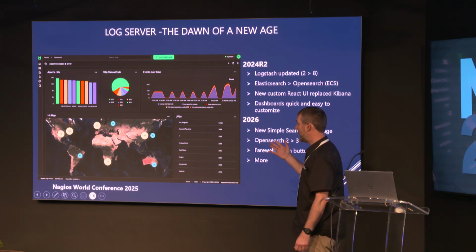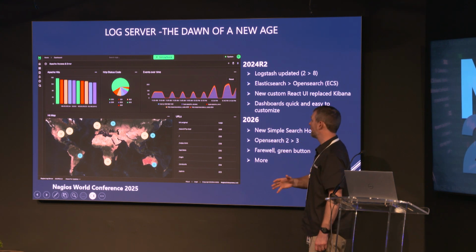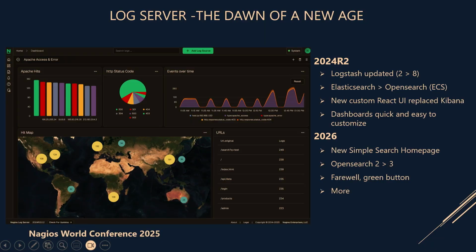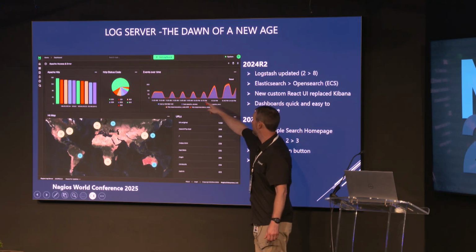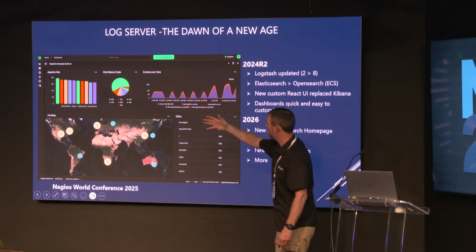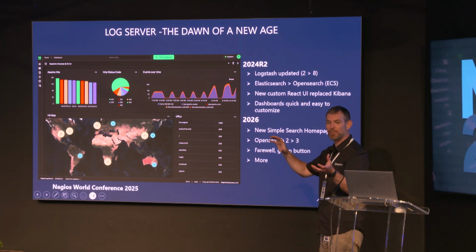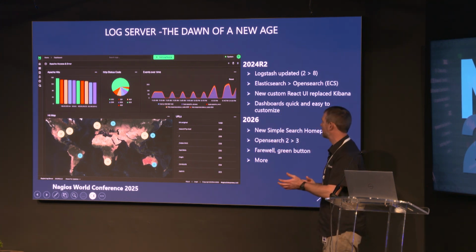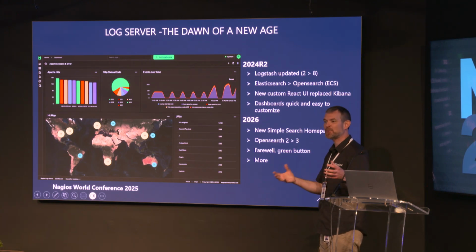And on the UI side, just a complete overhaul. It's a new React UI. It's got just everything that you would want out of a Log Server system. This is an example of an Apache dashboard using GeoIP info and showing you where the hits are coming from. It's got Apache hits, status codes, events over time. They're React dashboards like the new ones in XI, so if you want to resize something, you just grab it, squeeze it in, and if you want to move it to the left, you move it over, and everything else just automatically rearranges itself, trying to make sense of where you, the user, want to put that particular